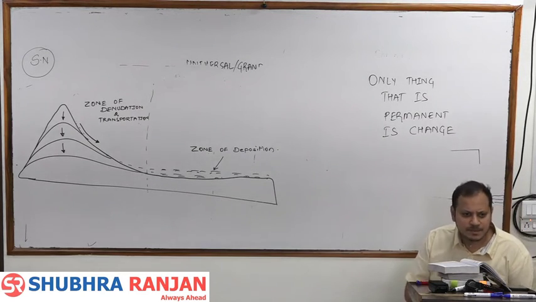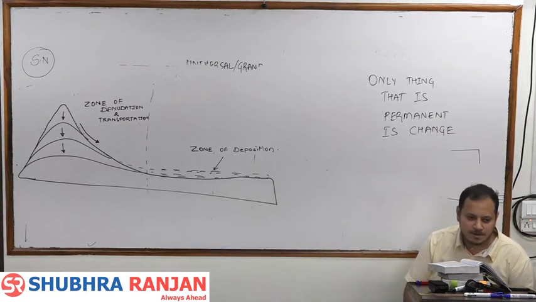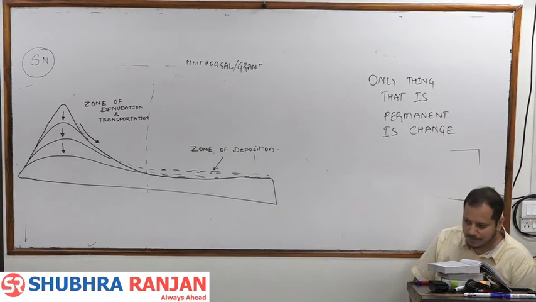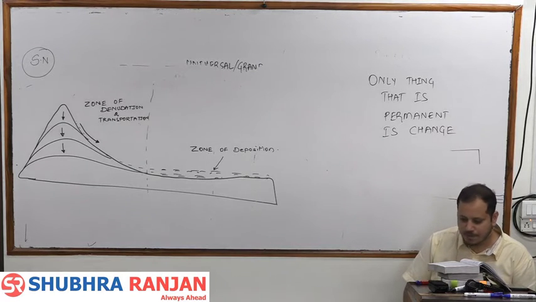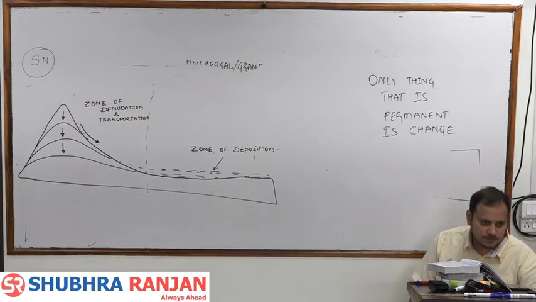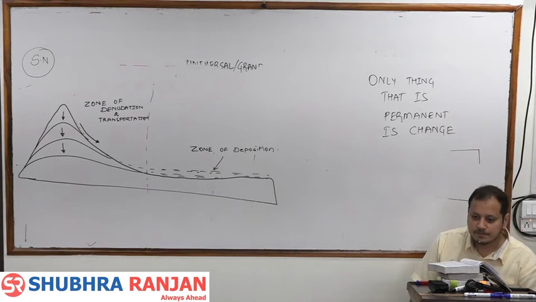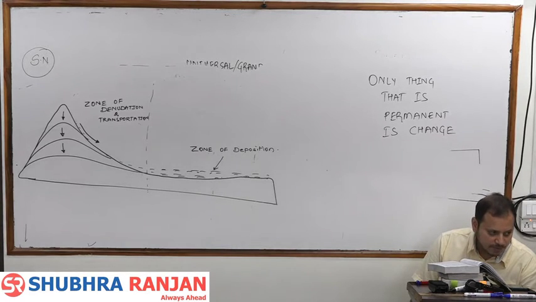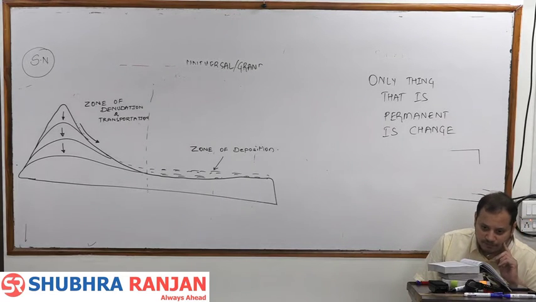It is a bit of a philosophical statement, but it is a geomorphological law. The only thing that is permanent is change, which shows that endogenetic and exogenetic processes will act continuously, changing the landform,